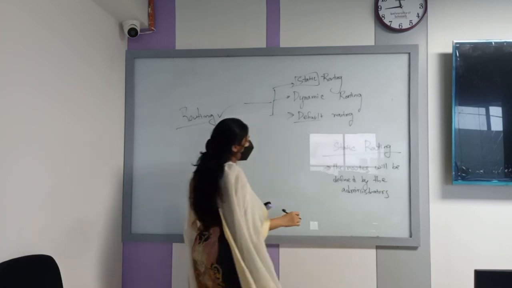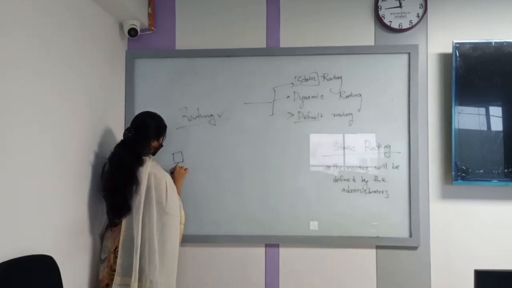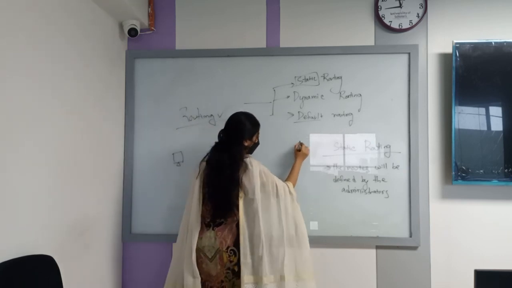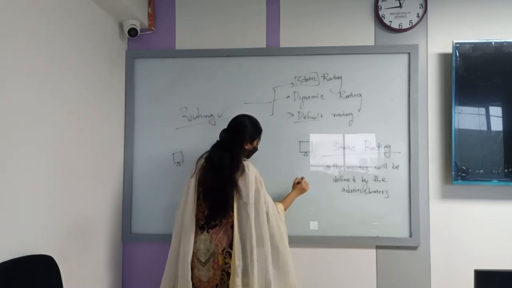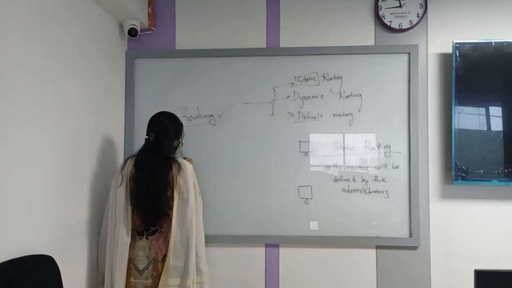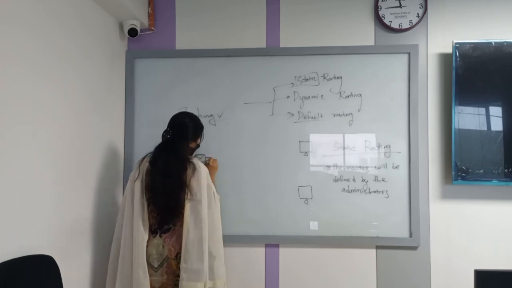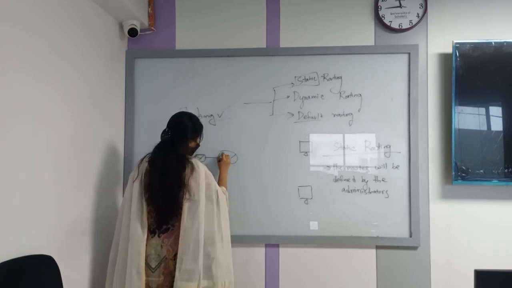Let's see an example. What will happen in static routing? Suppose this is a PC, this is another PC, and this is another PC. So this PC is connected with a router, and this is connected with another router,